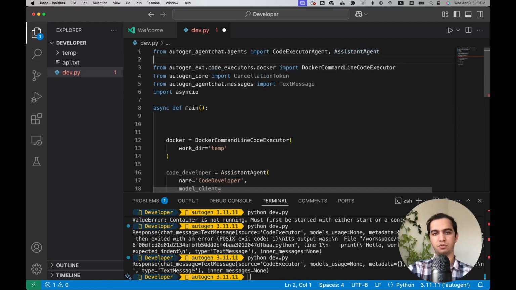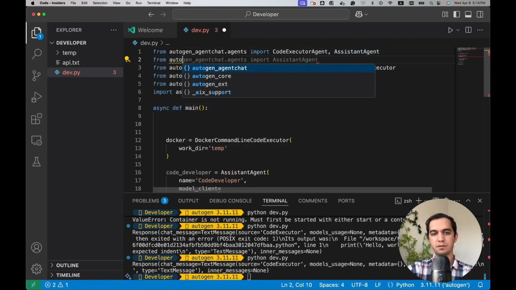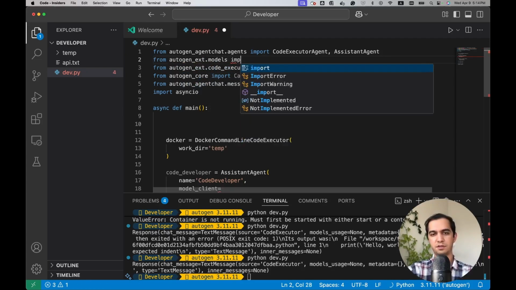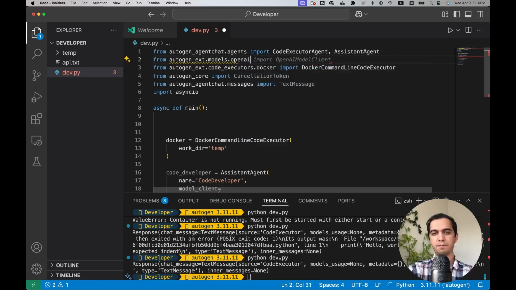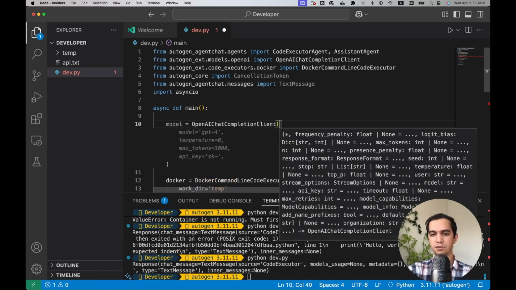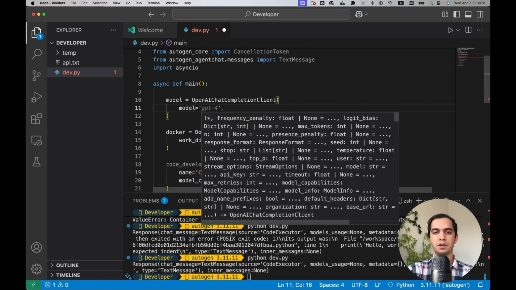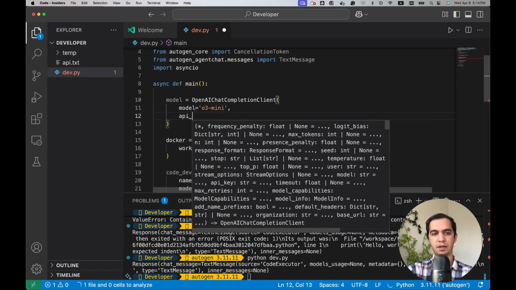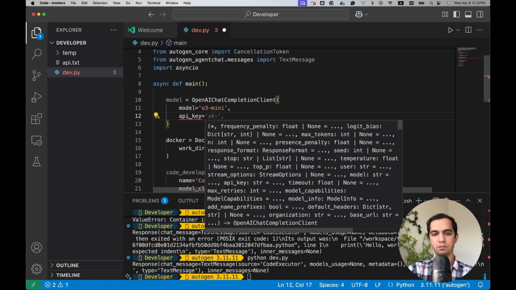For that, I need to import the OpenAIChatCompletionClient from autogen_ext.models.openai. So this will be my model, and I need to specify the model. I will use o3-mini for today, and I need to pass my API key, which will be